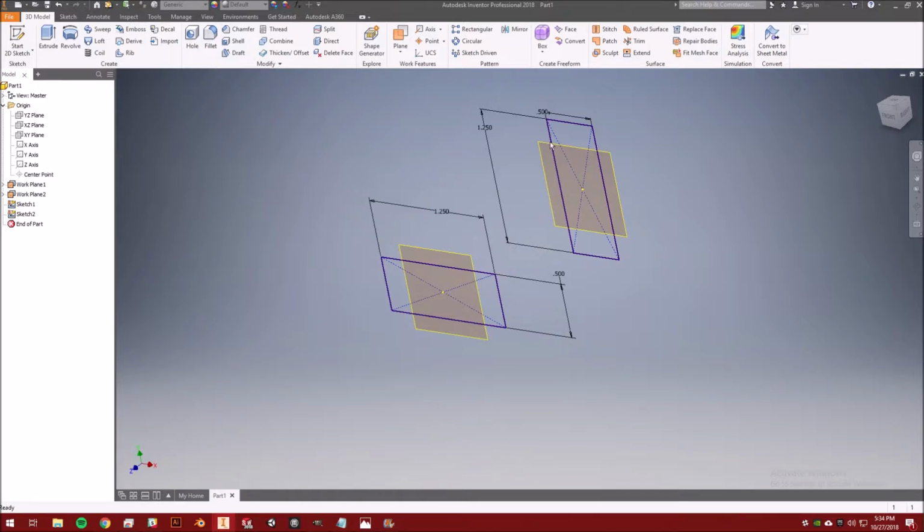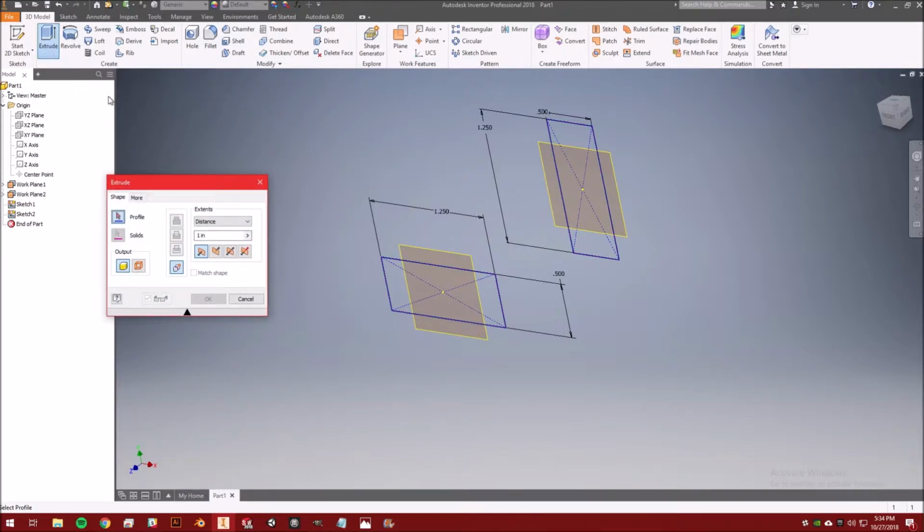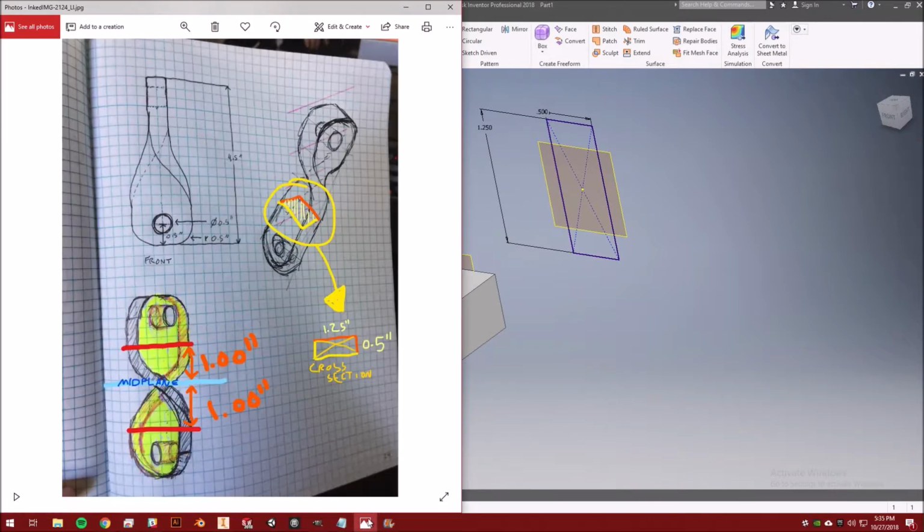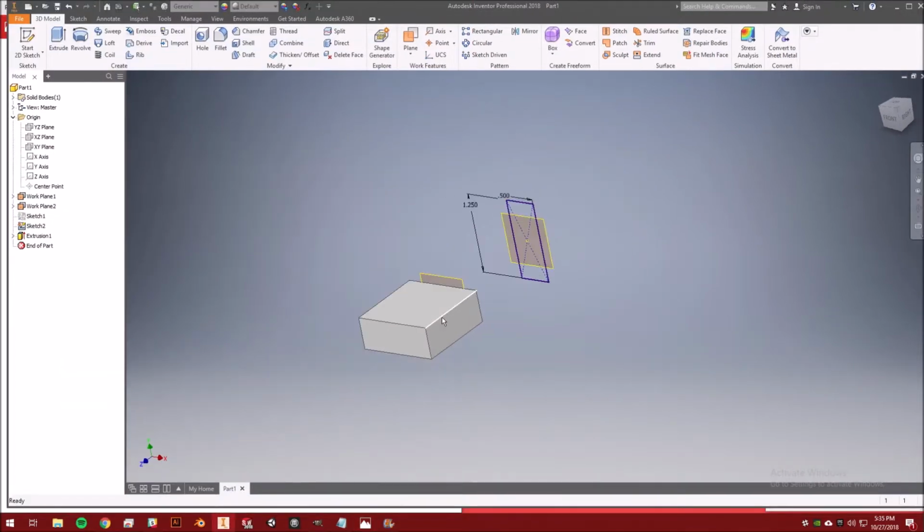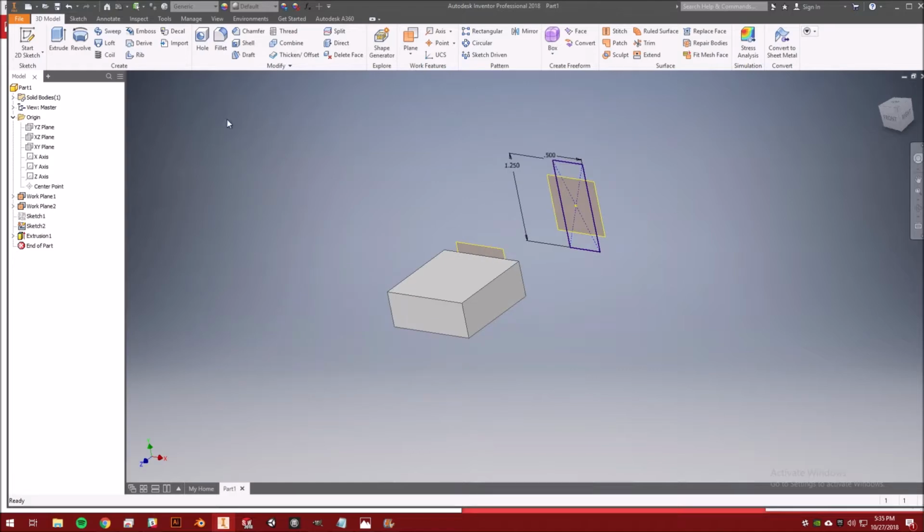Alright, to make these 3D, we're going to go ahead and go to extrude, this tool here, and you'll click on the first sketch, and this needs to go 1.25 inches out. And that's because in this drawing here the total length is 4.5 inches, and there's 2 inches of essentially the twist. So each half would have to extend 1.25 inches to make those units work out. Alright, so we've got our first half, and then we will go ahead and go back to